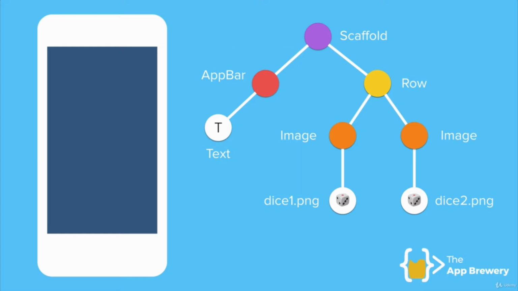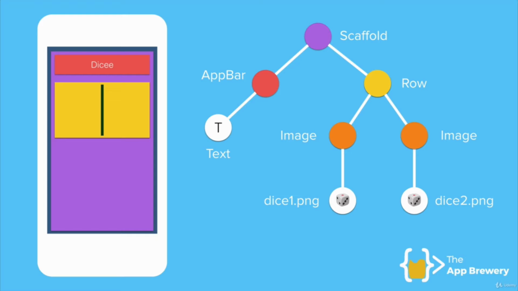We're going to start off, as with all of our apps, with a scaffold. And in this scaffold, we're going to have an app bar, but for the body of the scaffold, we're simply going to have a row with two images, each containing a picture of a dice image. Now that we've got an overview of what the user interface should look like, let's go ahead and build it